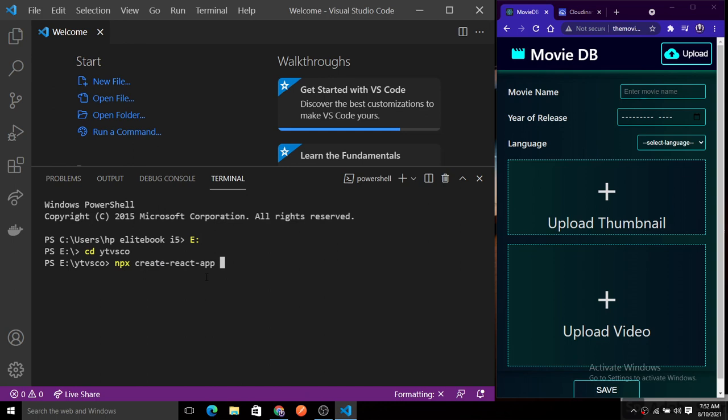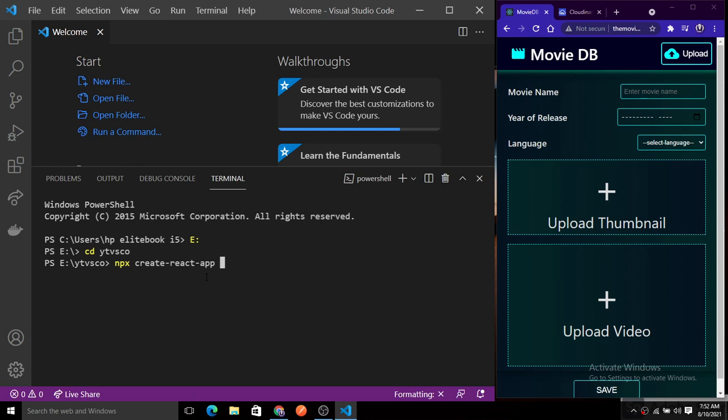So for that you guys need to have npx already installed on your local machine. Like if you don't know what npx is, npx is a runtime node package runner. This is required for you to start with the React app, and you get npx installed using the npm. And for the npm you need to install it from the npm.org website. So you just need to install this, and these are the prerequisites.